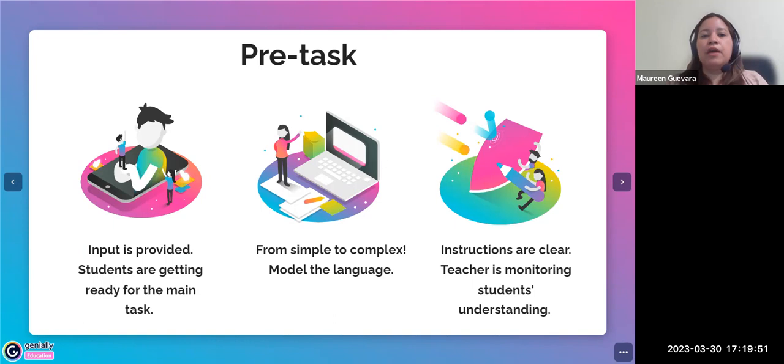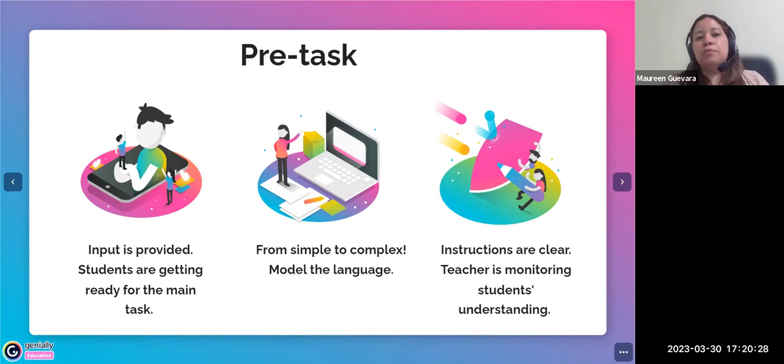You can be very creative in that. And you have the language there. So students are going to analyze it. They are going to practice. You are going to explain to them the difference between the use of was and did, maybe the pronunciation, some details, but it is more about the use of the language. Okay, and they are going to keep practicing. In this stage, students are going to get ready. They are going to be exposed to different input, to listening activities, to reading activities, writing, etc.